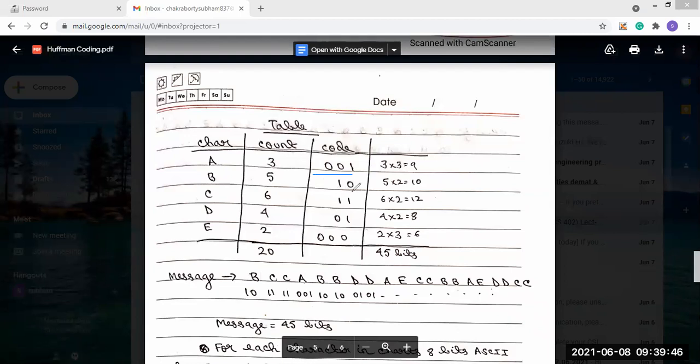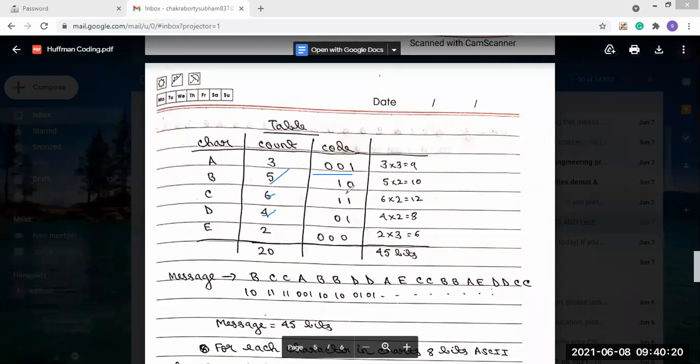This is already in the statement we have seen in Huffman coding: whenever a character appears more times, Huffman says we will use the small size codes. Now here, 5, 6, and 4 are appearing more times. In that case, we didn't use 3 bits directly. We reduce the size of the code.